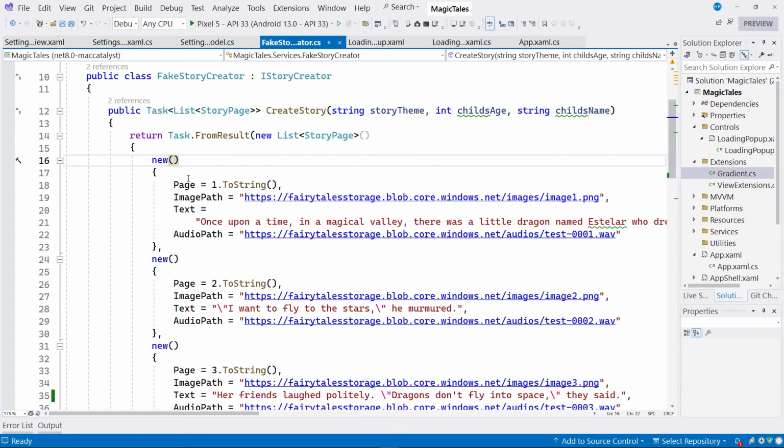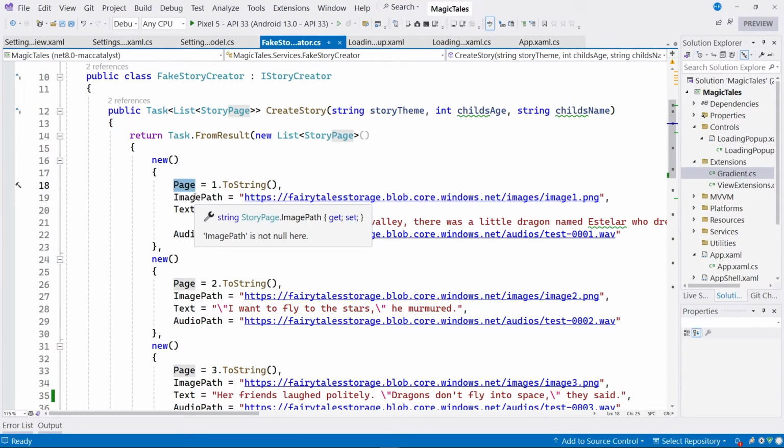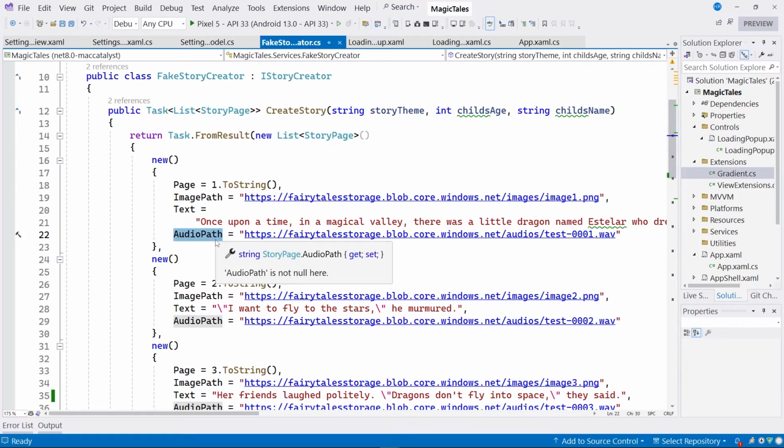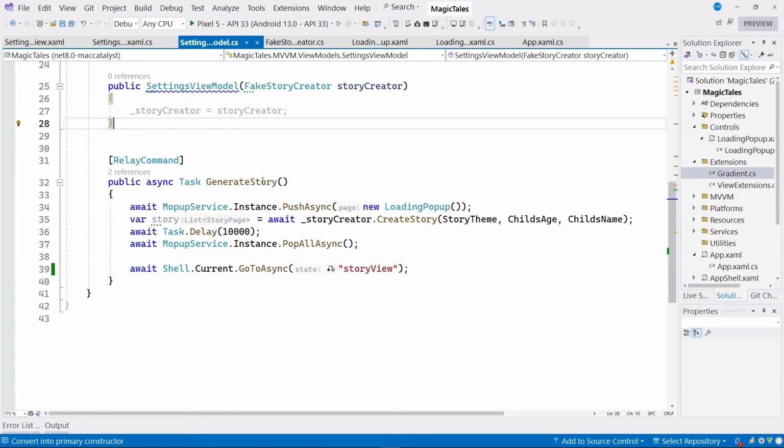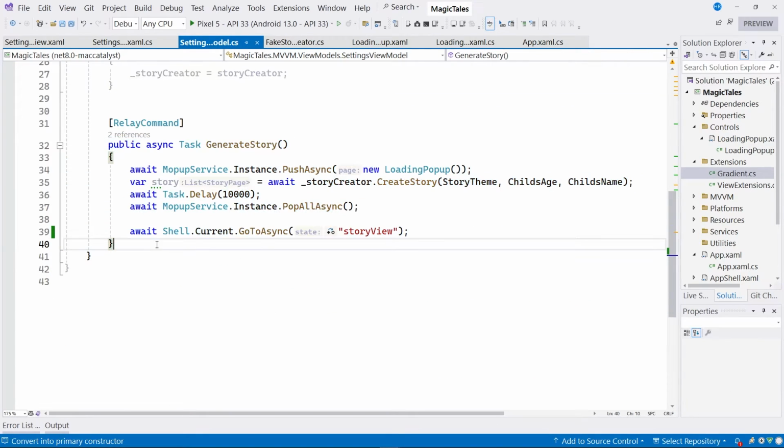This is primarily for performing different tests. As part of this specific class, or rather as part of the story page model, since a story contains a set of story pages. Each of these pages contains the page number, a path to an image, the current text of the story of this specific page, and also the audio path, which is the path of the audio file that will be played. I then pass this instance as part of the generate story method, or rather consult this service